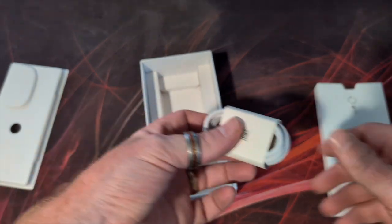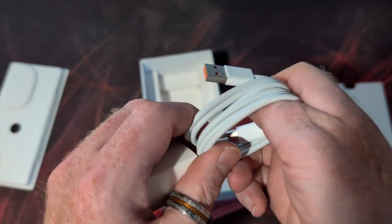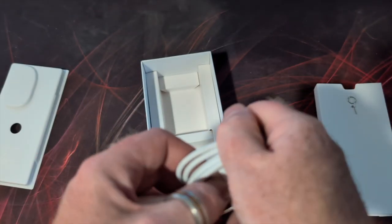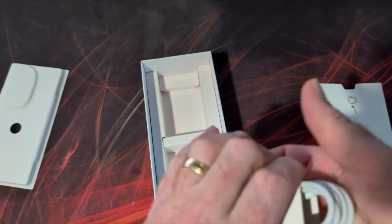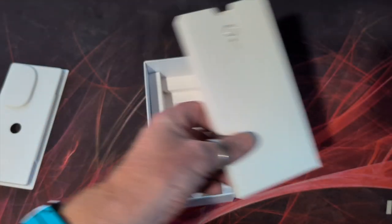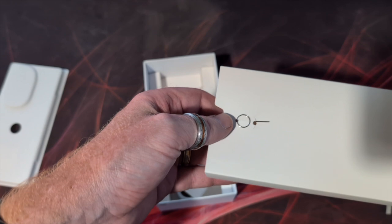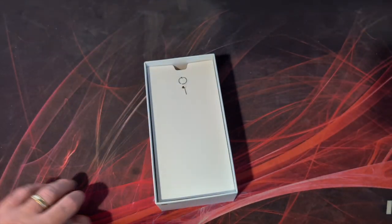So we've got a USB cable, which is going to be standard Honor USB-A to Type-C, and this will support Honor Supercharge, and that supercharge is going to be at a rate of 100 watts for wired, and the charger will also work on wireless supercharging as well, which is up to 66 watts, but that is with an optional extra. SIM pin in there, and this is where you would have all your warranty information. So we'll get rid of the box because there's not much interesting in there,